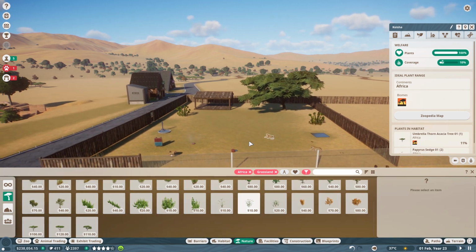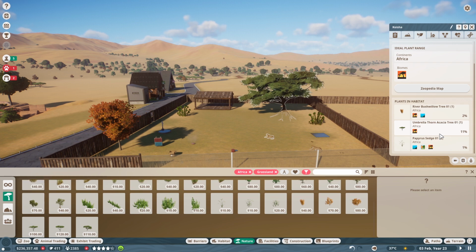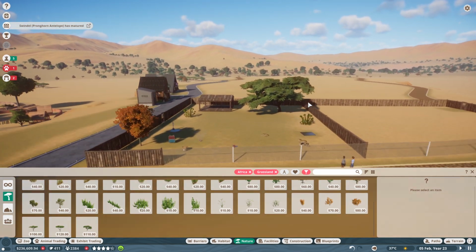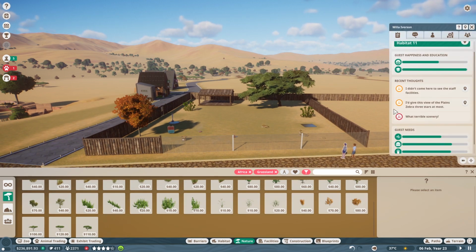A couple of bits of papyrus. And maybe a river bush willow at the front there. There. That is probably as much as they're going to cope with in there. But how much better does that already look? I want a habitat thing. So are these guys happy with